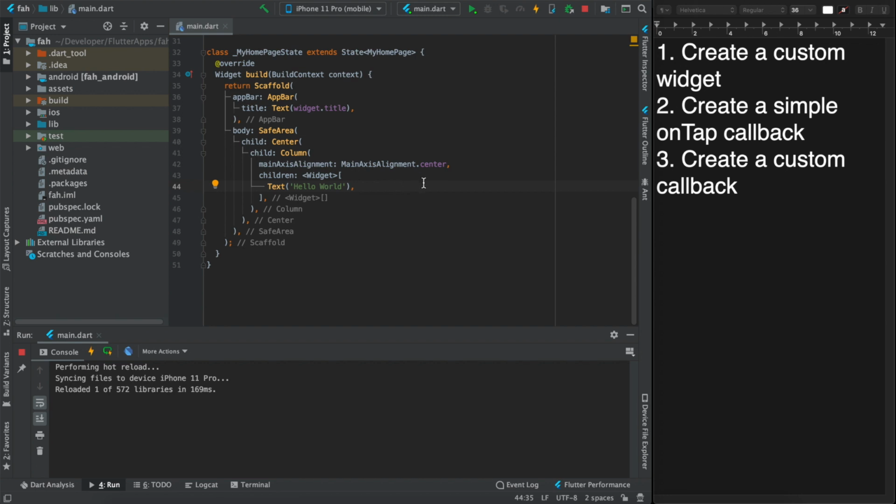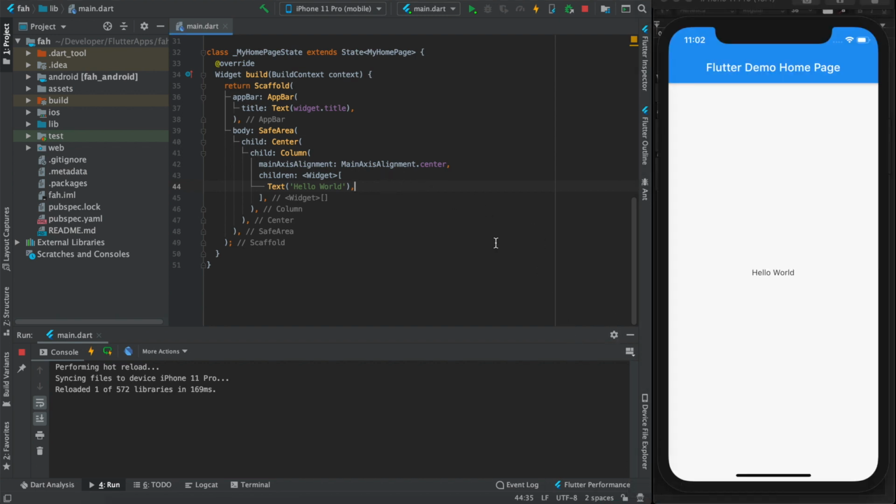So let's assume that we want one simple callback. This is my simple app. Let's assume that we have my custom widget. This widget does nothing, it just returns simple text.